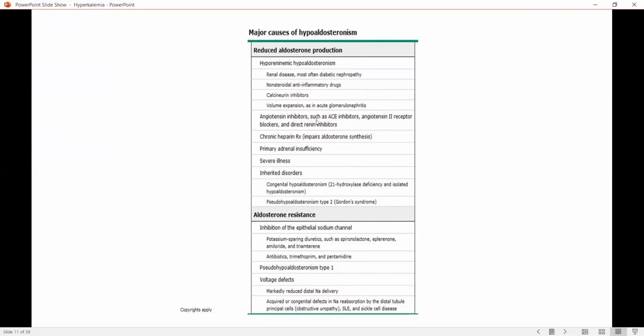Oh, there you go. This is a major actor. We love our ACE inhibitors, of course, lisinopril, captopril, whatever pril. So we give that, and it inhibits angiotensin 1 to angiotensin 2 conversion. So you will have less angiotensin 2, and then less aldosterone secretion. In that case, potassium will increase. Usually we don't use renin inhibitors that much, they're less current, but we use a lot of ACE inhibitors because